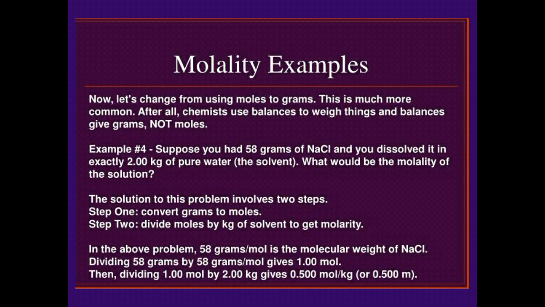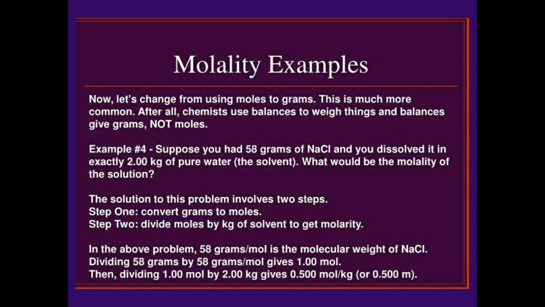Now to calculate the molality, first of all we need the number of moles. To calculate the number of moles, we need to divide 58 grams of NaCl, that is the mass, by the molar mass of NaCl. For the molar mass of NaCl, sodium is 23 and chlorine is 35.5, so it will become 58.5. Here they have taken the molar mass as 58 only, approximately, no problem. We will take 58.5 only. But according to this question they have taken the molar mass as 58. They approximated 58.5 to 58 to make it easy, because the mass is 58 grams.